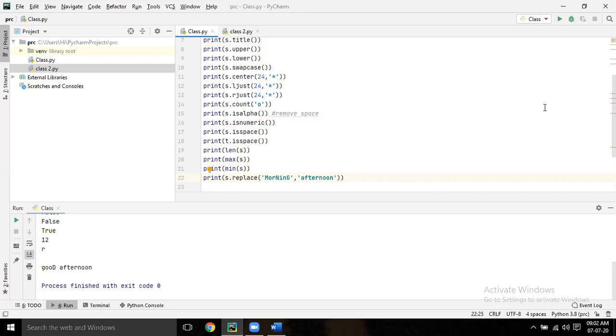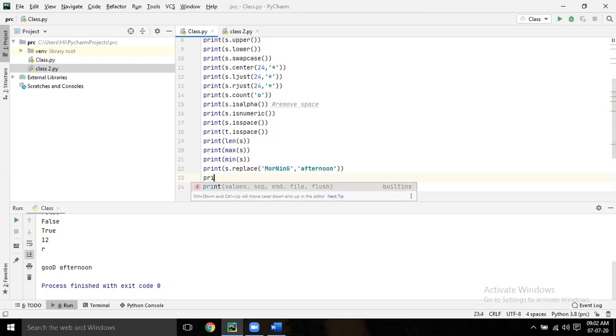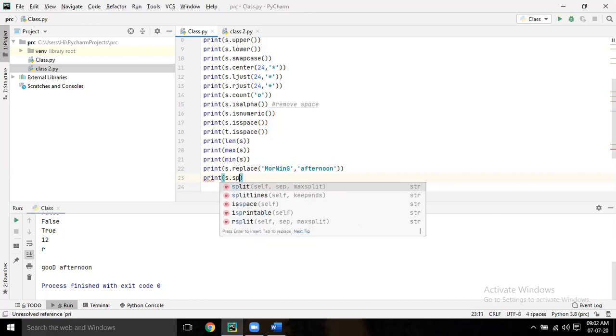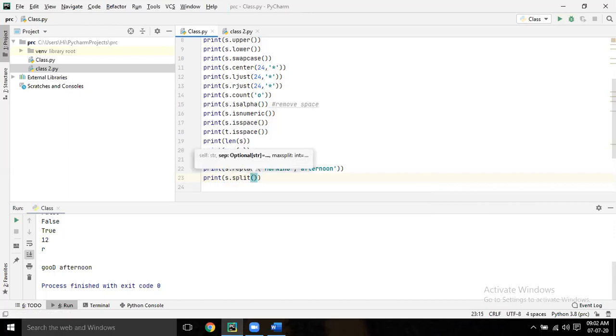Next one is print s dot split. Run it. That means you want to split wherever there is a space. It will split it and create a list, because more than one item automatically creates a list.